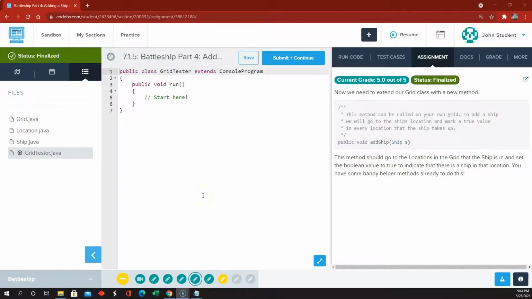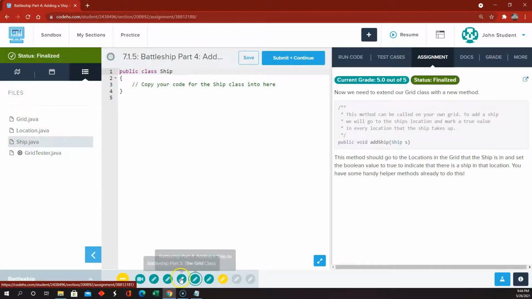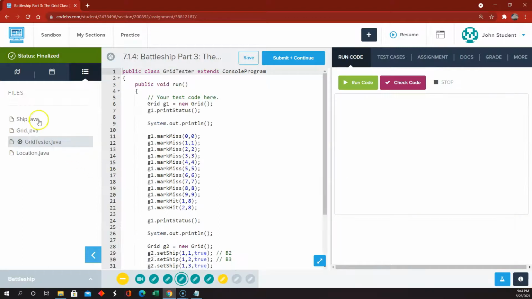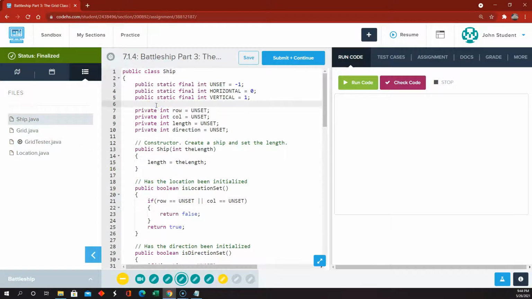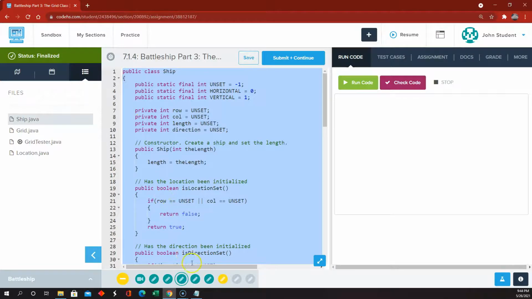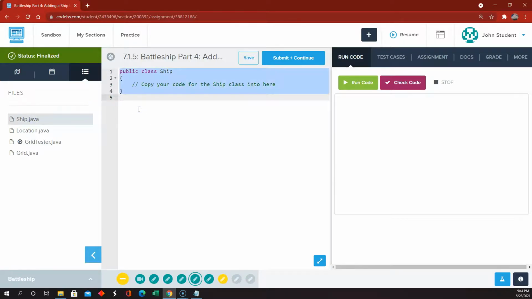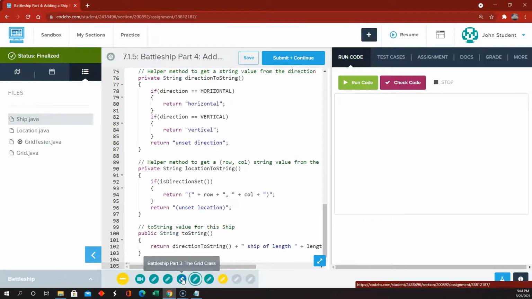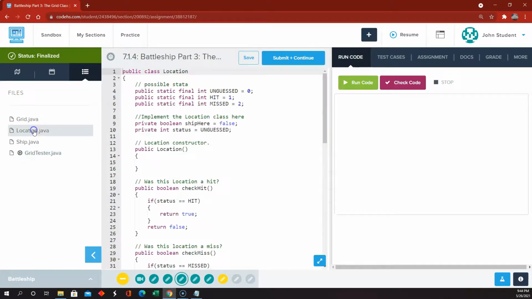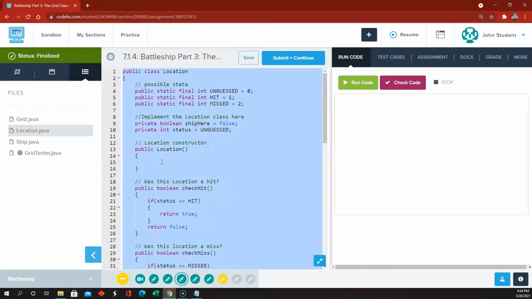All right, so in Part 4, they just want us to add one method to our grid class, which is called add ship. But they don't copy all of that code over, so we're going to have to do it ourselves. So going back to Part 3, click on ship, click in the code window, Control-A, Control-C, back to Part 4, click on ship, code window, Control-A, Control-V,